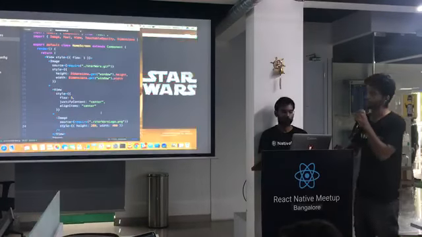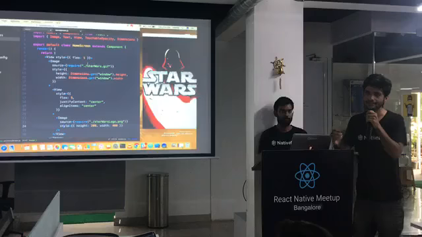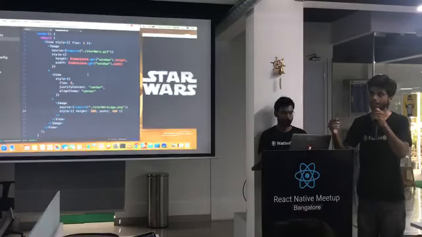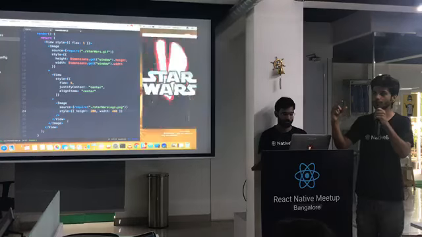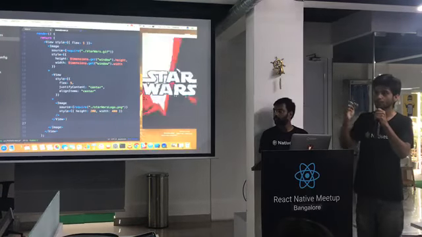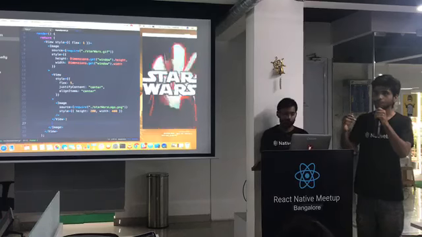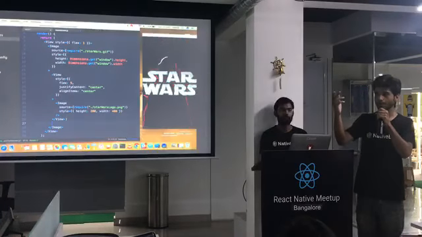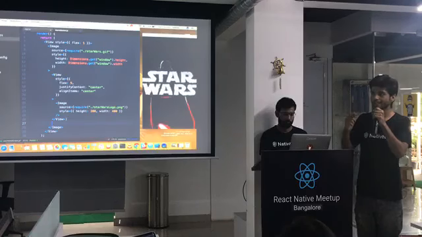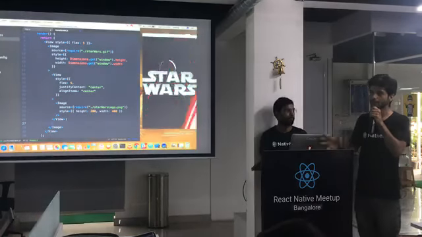Yes. See, what happens is that flex is actually a ratio. So suppose this is my whole screen, and I want two components where the first component should take up one part and the next component should maybe take up three parts. So 1:3, I want it to be divided like that. So for the first component, I'd give it a flex of 1. For the next component, I'd give it a flex of 3. So it's a ratio actually, in which you want the space to be divided.